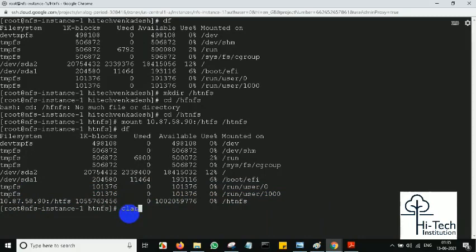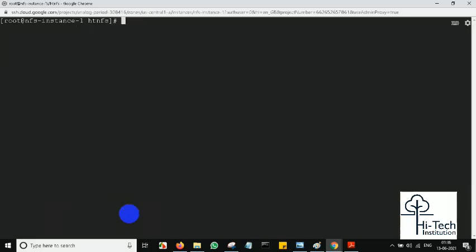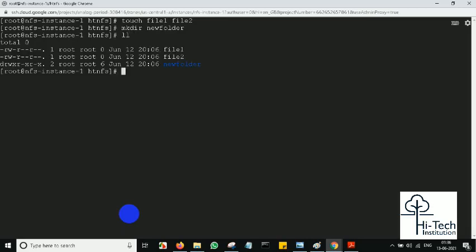I'll be showing the, yes. So here I'll just be creating files, saying file 1, file 2. I'm just creating some dummy files, and I'll also create one directory on this NFS. Okay, now if you list out, file 1, file 2, and something called a new folder is there. So I'm doing all this under the mount path of our file store.